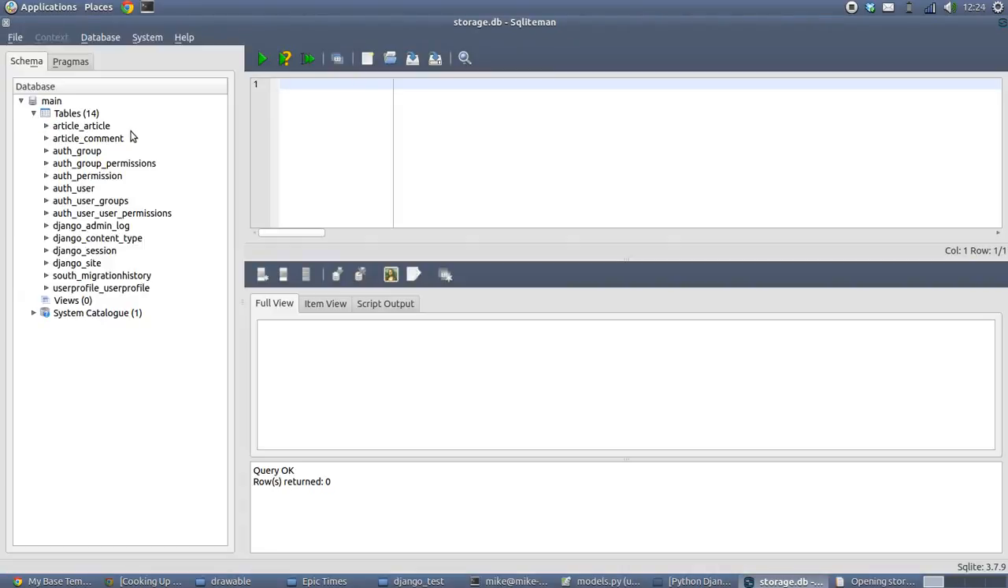So we should be able to see in auth user, so if I do select star from auth user, and we want to join, what's it called, user profile, underscore user profile, because Django tends to name things that way, on auth user dot id. So we want the user ID to link through to the user profile, and inside of the user profile